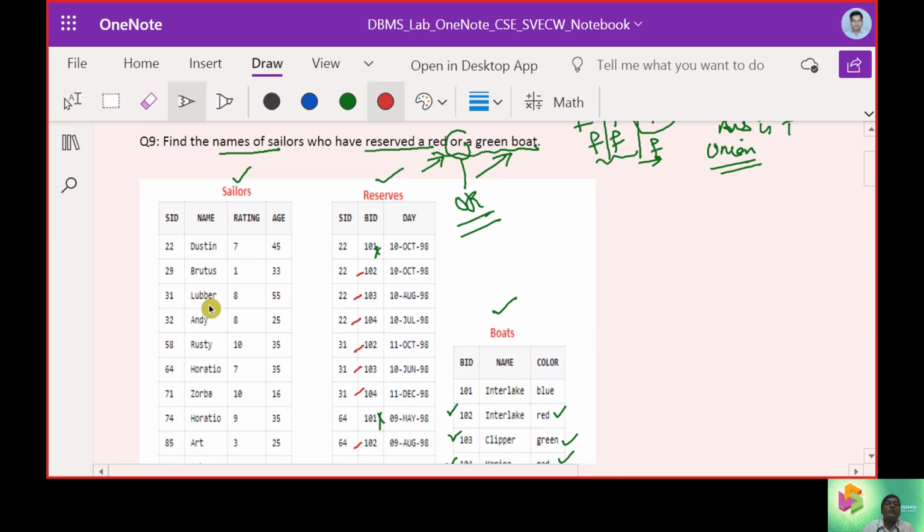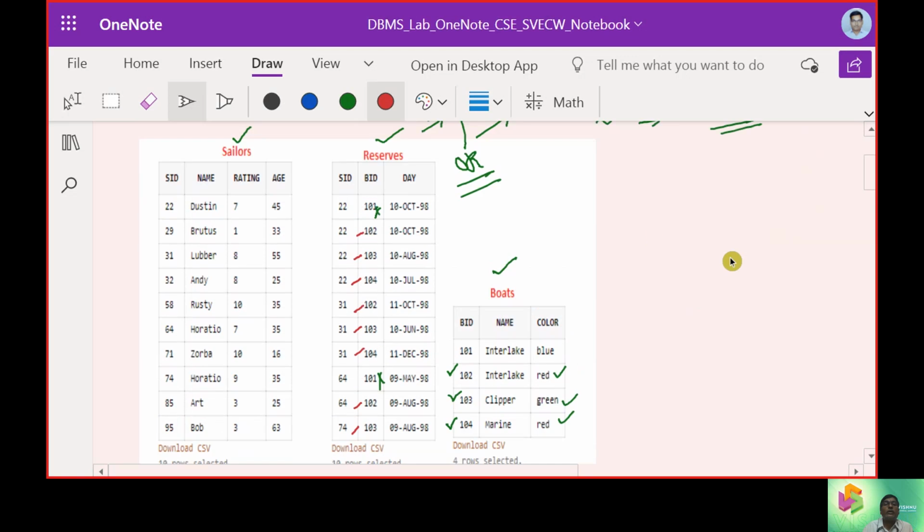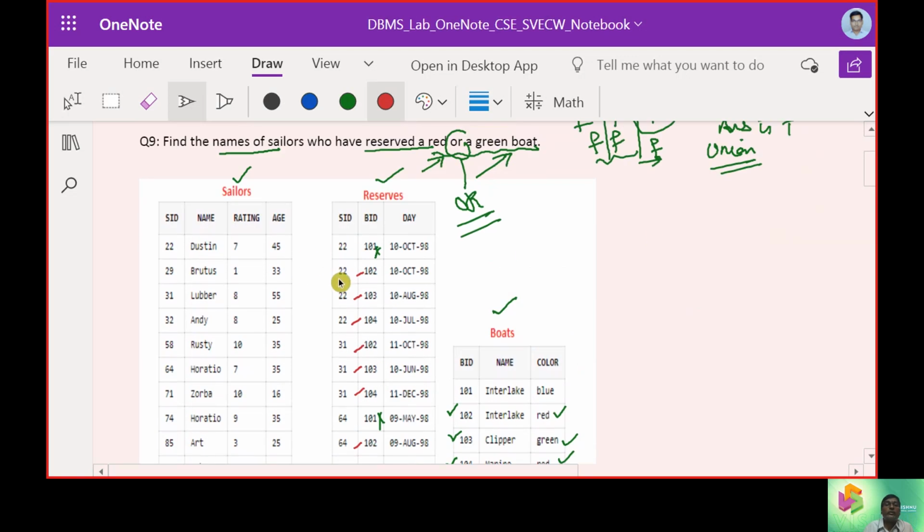Now what is the question? Find the names of sailors who have reserved a red or a green boat. So now we need to find the names. 2, 3 and 4 are checked by 22. So 22 is Dustin.